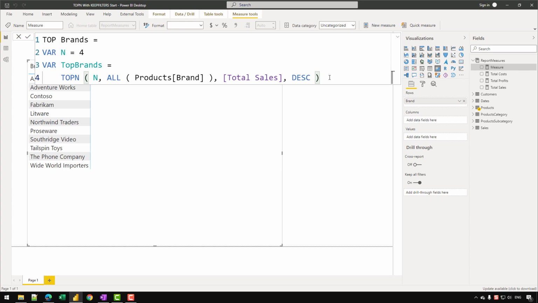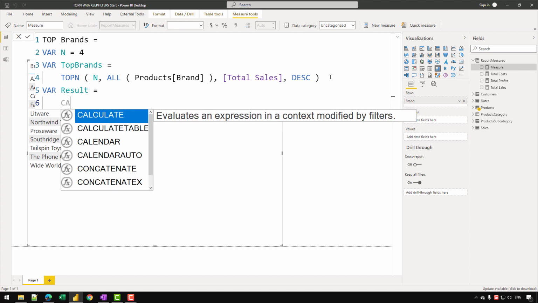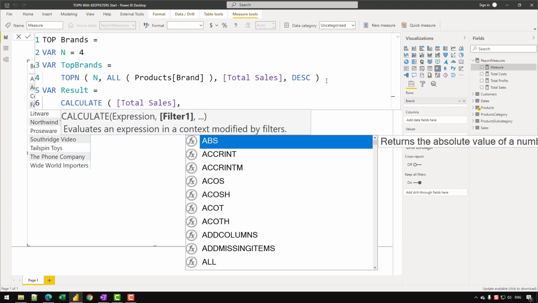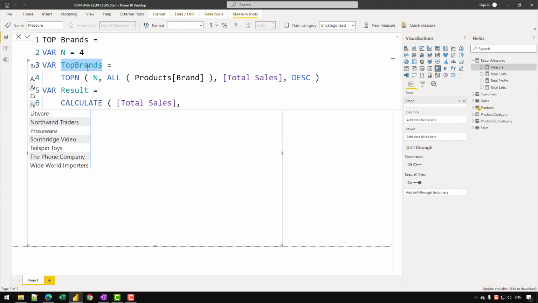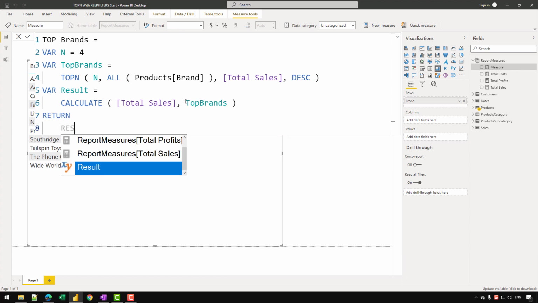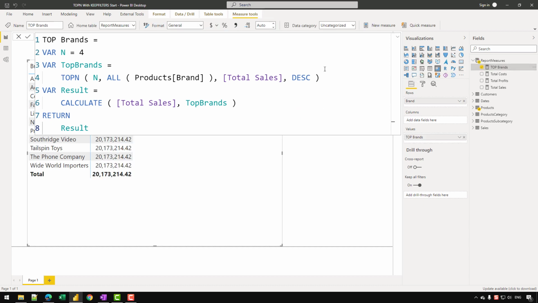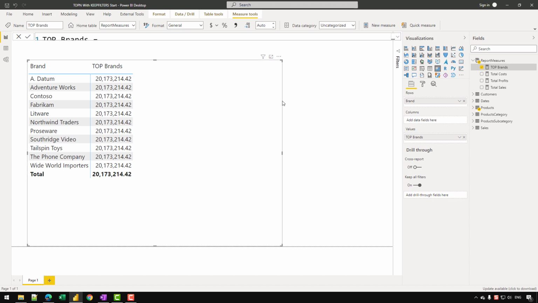In the next variable, I'm going to evaluate the sales amount for these top 4 brands. So let's create another variable: VAR Result is equal to CALCULATE of Total Sales, and then I'm going to inject the TopBrands variable into the filter context with the help of CALCULATE. Let's confirm that and return the Result variable. If I click confirm and bring that measure into the matrix, and also bring my Total Sales measure,